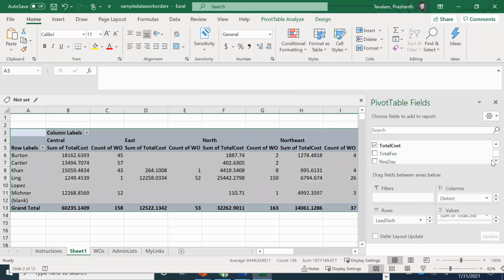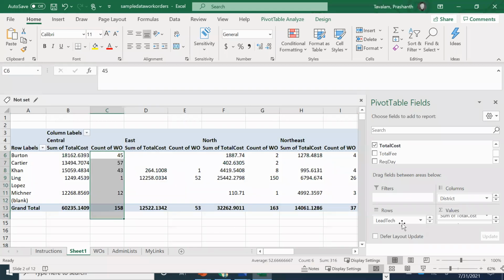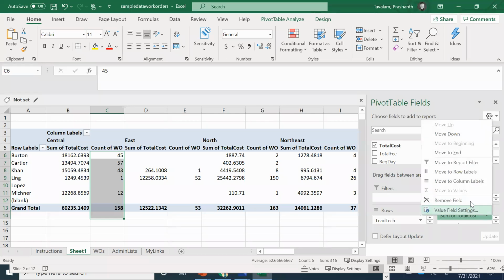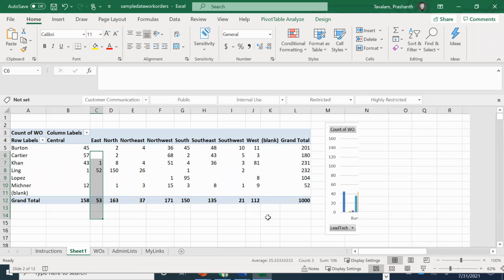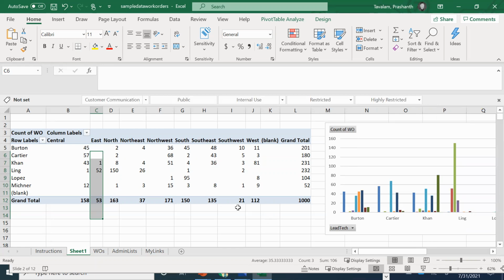Just play around a little bit. You'll see that everything will not make sense. Now this is looking too huge. I mean, it can tell you numbers. Now what it is actually doing is giving you total cost that has been collected from customers. Also, how many work orders. I can do it like this and remove this total cost. It's looking too big. Okay, this is one way to do it. So there's a lot of permutation combinations you can try on this.